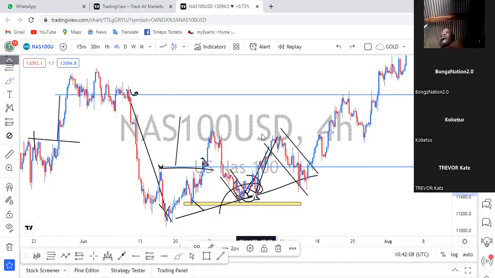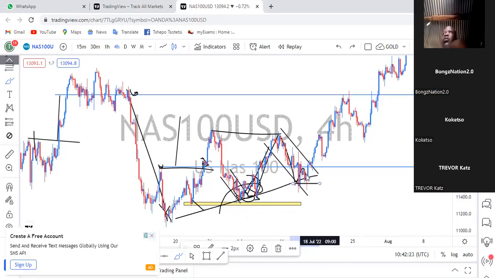That's why when it gets here, people start taking out their money and closing their positions. It went back again to give us a double bottom. So when we see this double bottom, we know this pattern. When we see a double bottom,